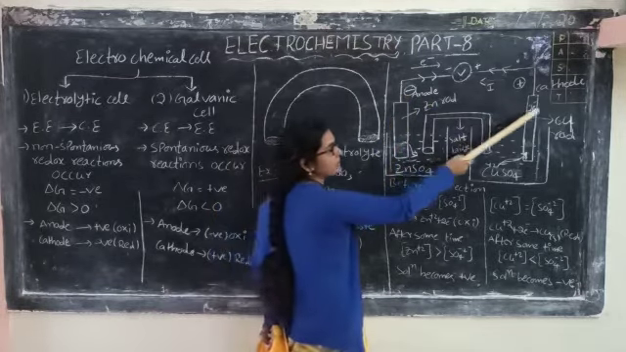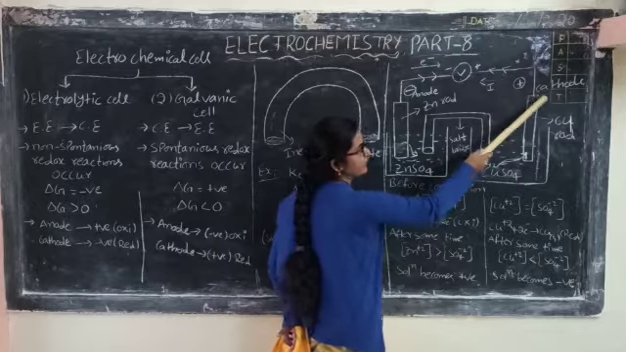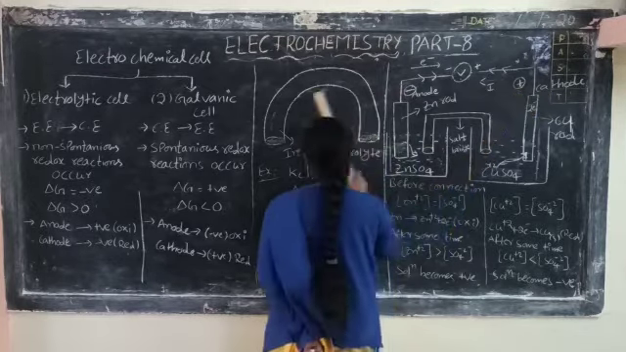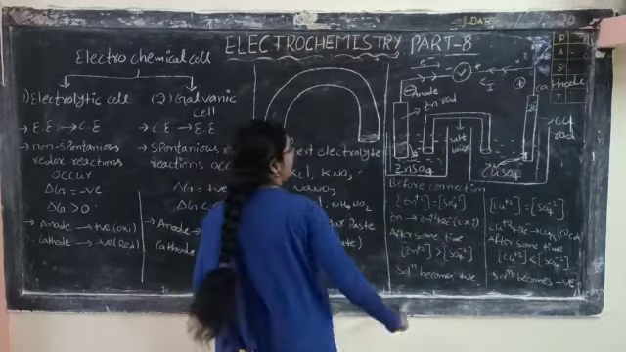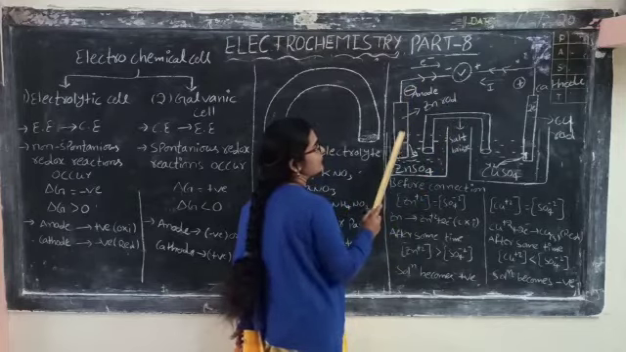We know reduction takes place at the cathode. That's why this terminal is called the cathode, so the charge of the cathode is taken as positive, against the electrolytic cell. Then we also observe here the zinc rod is